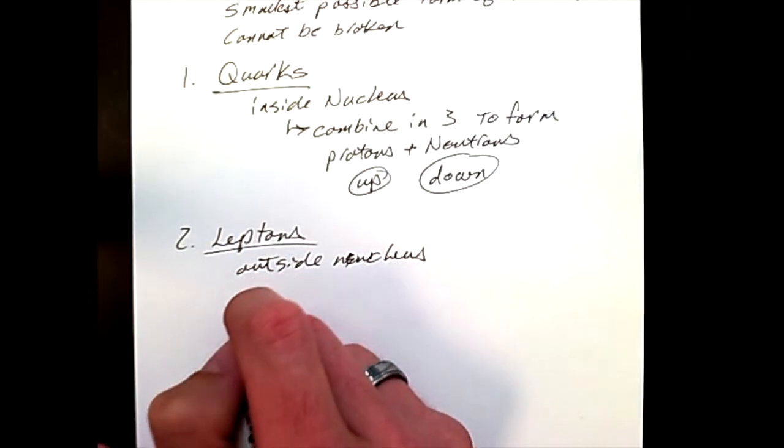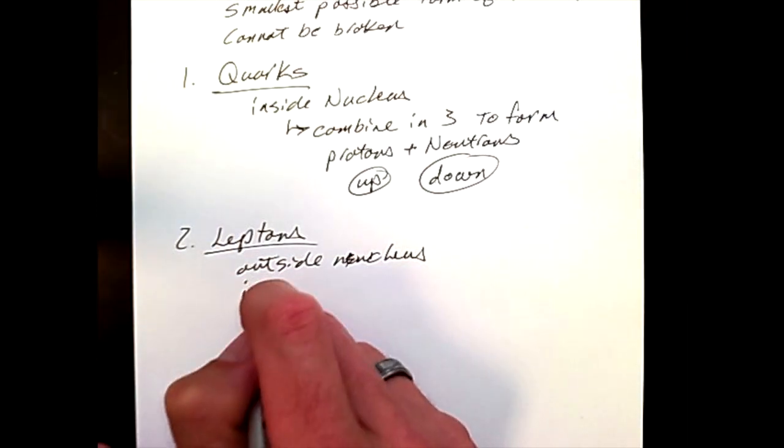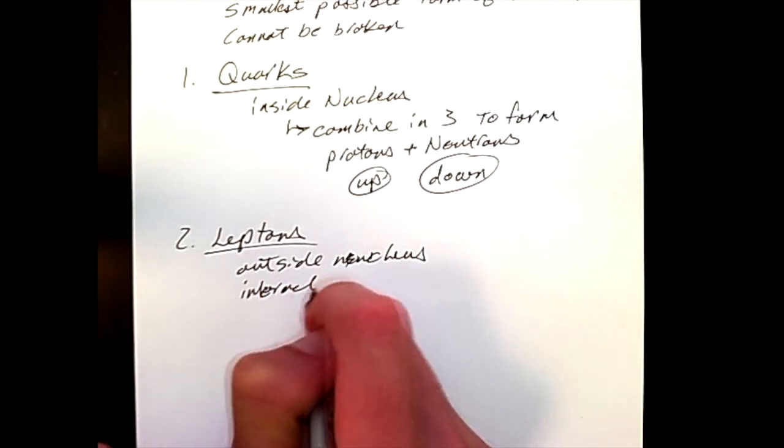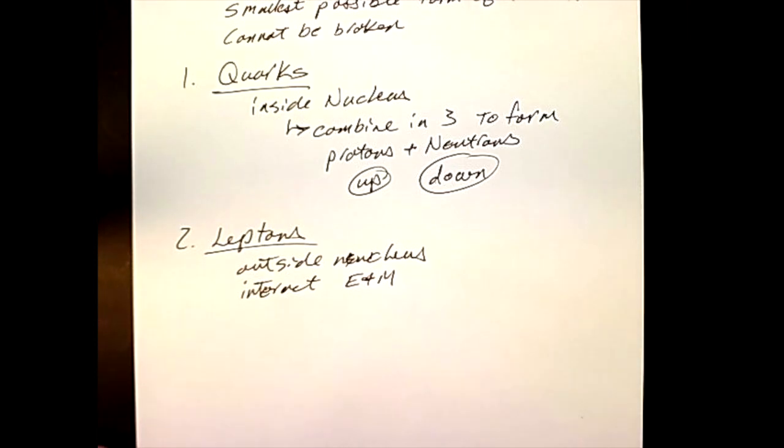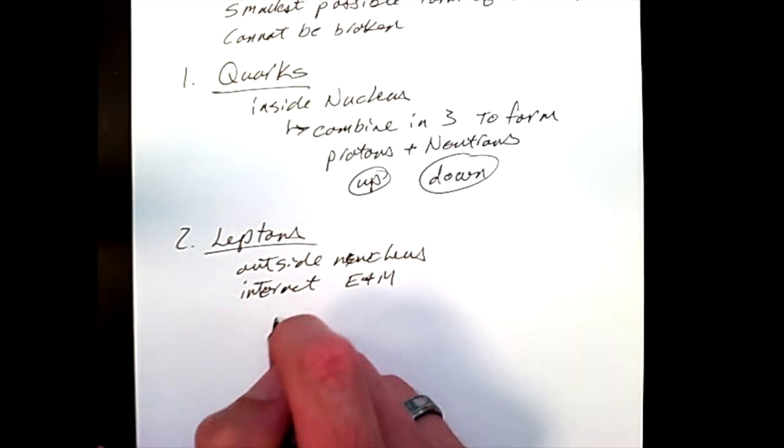These particles are known to interact with the electromagnetic force, and so they are affected by charge. So, of course, an electron, being negative, is attracted to a proton because it's positive, but there is also a secondary particle,